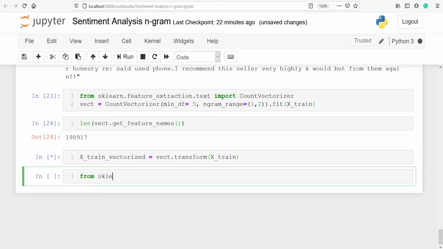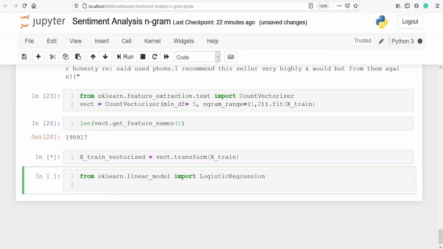From sklearn.linear_model import LogisticRegression. Here we are importing the logistic regression from sklearn.linear_model. Then I'll make an object of the class LogisticRegression, and the object name is model.